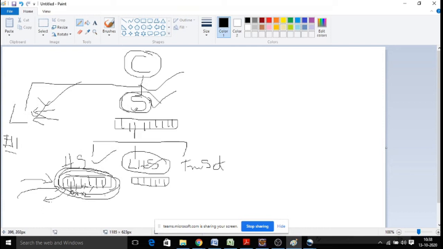So the second type of interface in our collection framework is set. The difference between list and set is that list allows duplicates, whereas set will not allow duplicates. It can store only a unique set of elements. That is number one point. And second thing is set can store the elements without an indexed order, meaning randomly it will store as you add the elements. It gets stored inside your set randomly. We cannot retain the order. That's the difference between lists and sets.